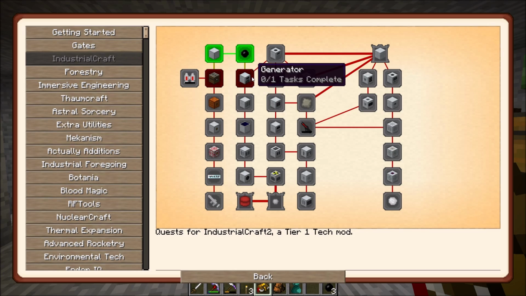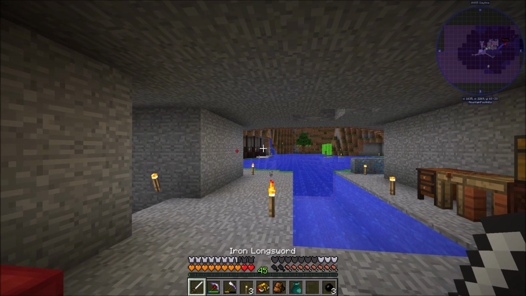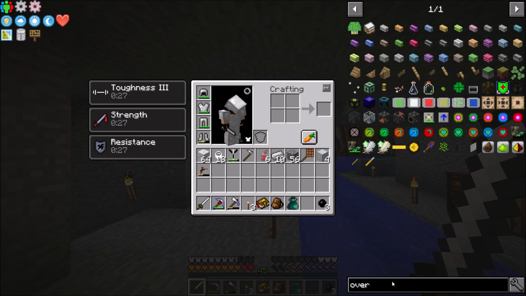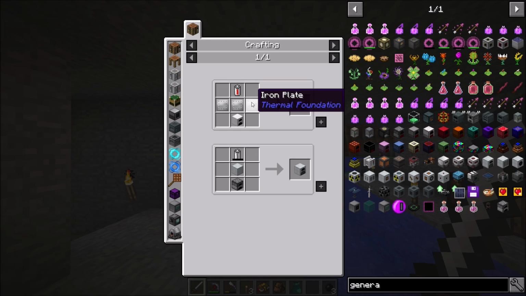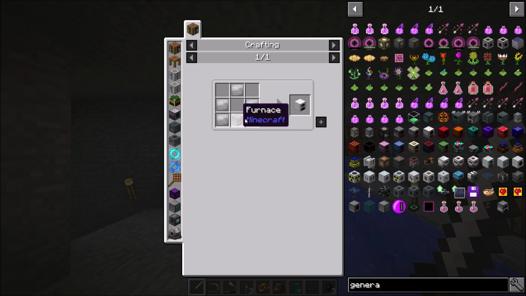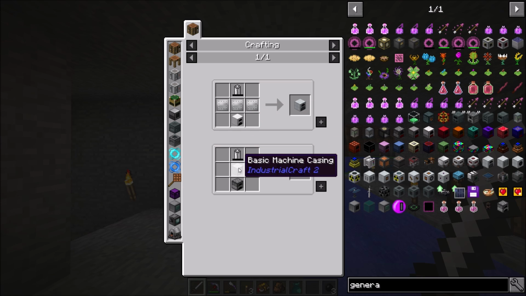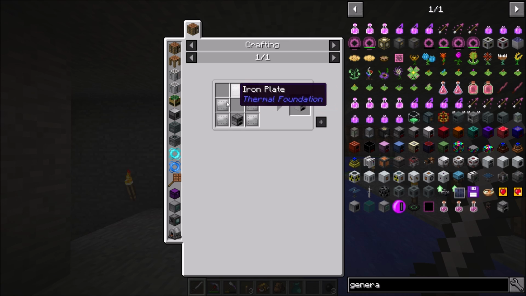Okay, but anyways, next up they want us to start crafting machines. The first thing being the generator. So we're going to go ahead, because we need some basic EU production. So the generator, let's take a look here. It requires 3 iron plates and an iron furnace, or you can use a basic machine casing. Basic machine casings in this pack are a little bit more expensive though, so we're going to go with this recipe. So altogether we're going to need 8 iron plates and then a battery,